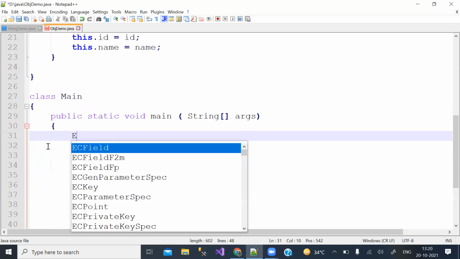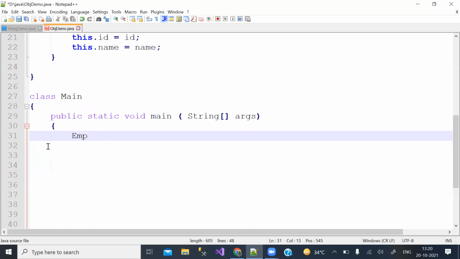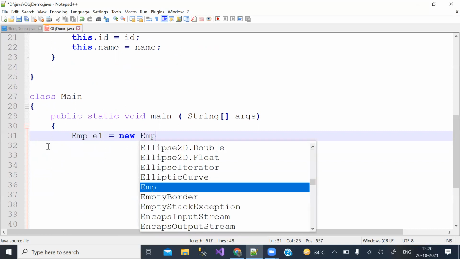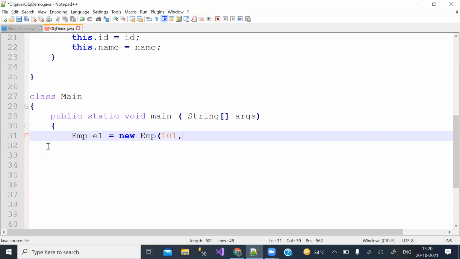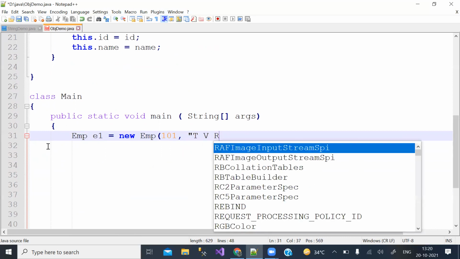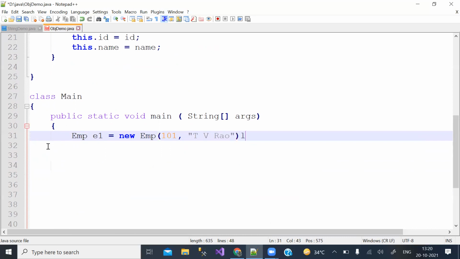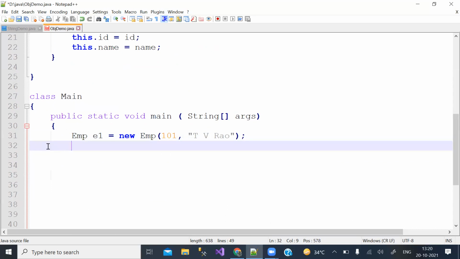In this, I created one object by name E1, with the parameters 101 and TVRow. Is this clear? Here, I'll show you graphically the interpretation of this.